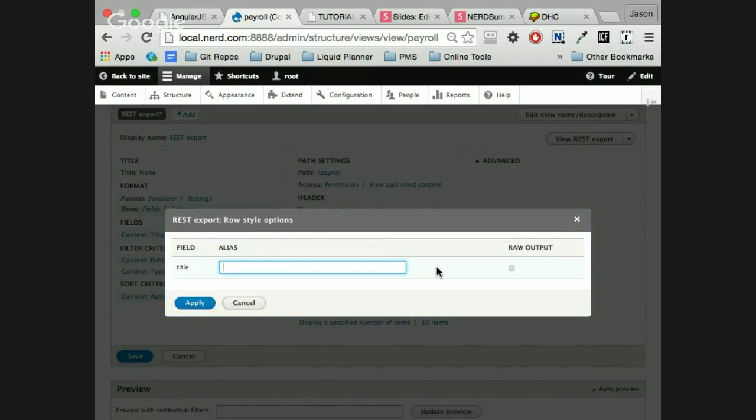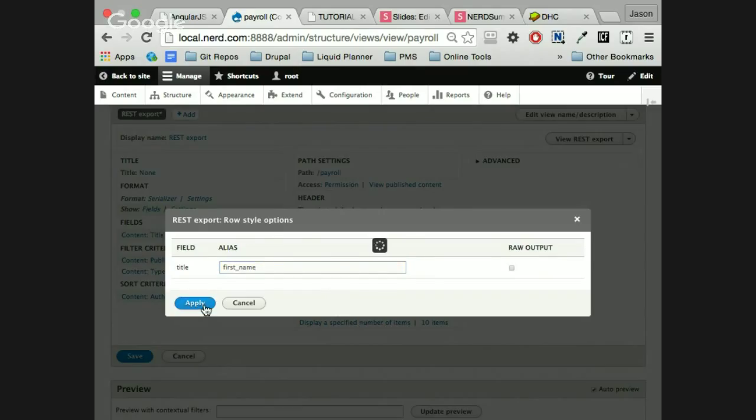Now title, we know that by default the entity has a title on it, but we just renamed that as first name. And a good thing about this type of view is we can put an alias on it. So when we serve data, the JSON data, we can match those names with our platform names. So we are creating a standard for when we read it, and we'll see that later on in the front end application. So I'm going to call this one first name.